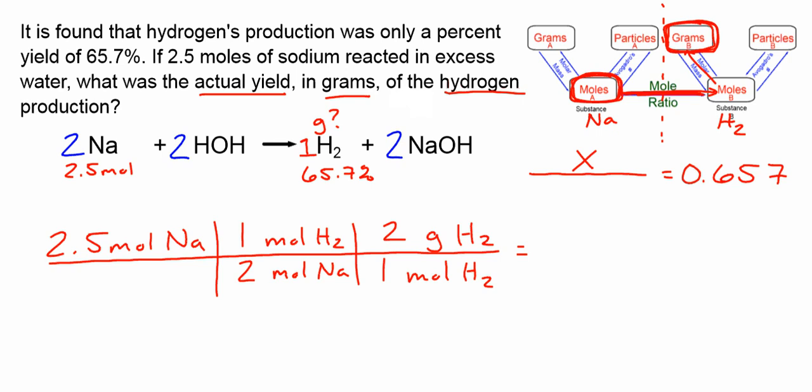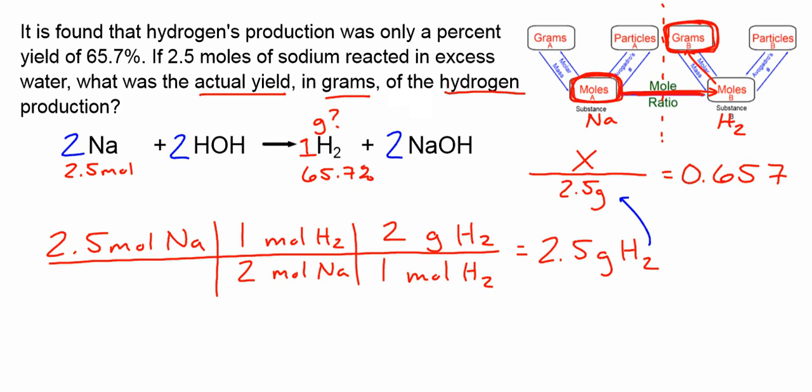And now I need to calculate that. And based on the numbers, obviously, it actually ends up being 2.5 grams of hydrogen because those two different 2's cancel each other out, which is fine. So what am I going to do with that now? Well, this is what should have been made. And what should have been made is my theoretical yield. So that's 2.5 grams. So if I have 65.7% of a percent yield, how much did I